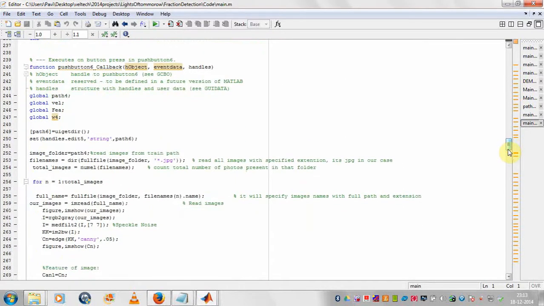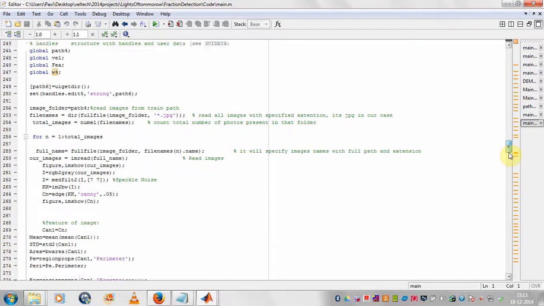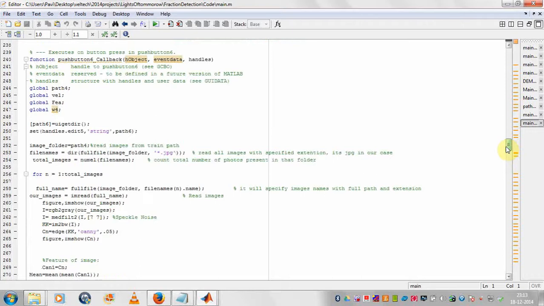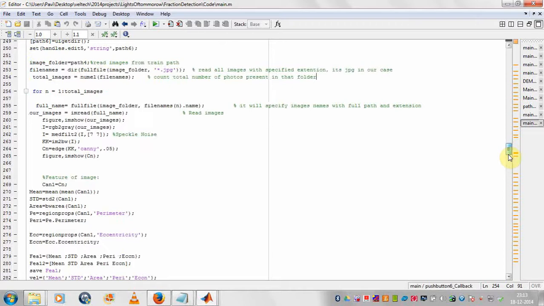This is the main step where we perform the algorithm: the feature calculations and the edge reduction algorithm. The rest of the work is performed in this section when we press the push button.